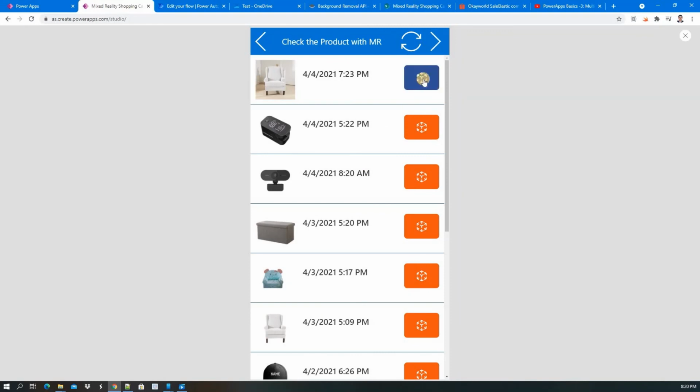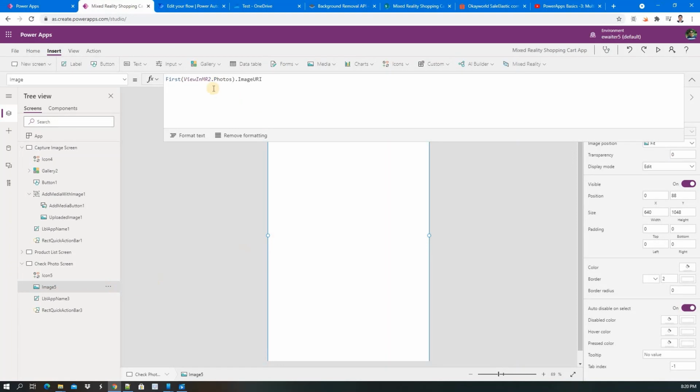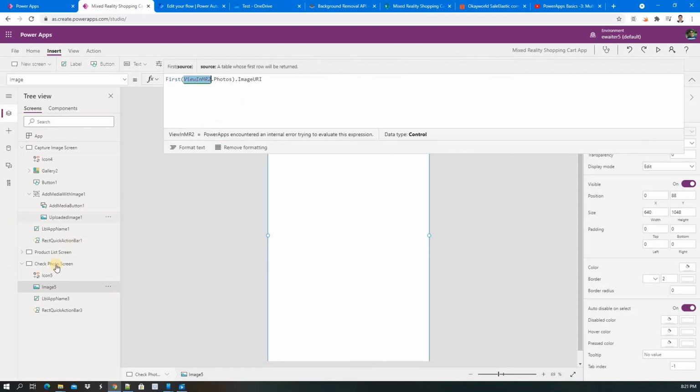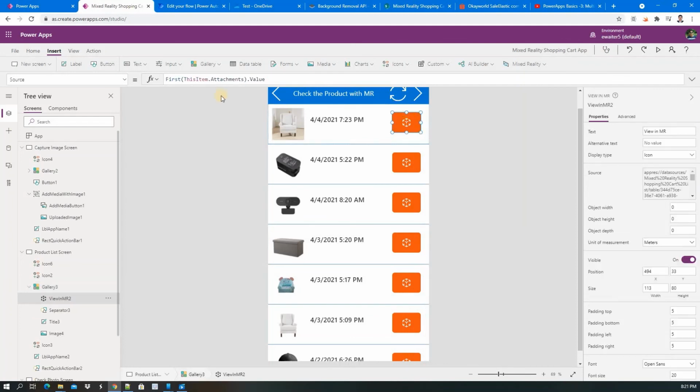And at the end, when you click here, of course in the browser it will not work. So on your mobile, you can project it on the floor and take a photo. After taking a photo, here I have provided one image control, and that is the mixed reality view in EMR. Let me show you. This is the control.